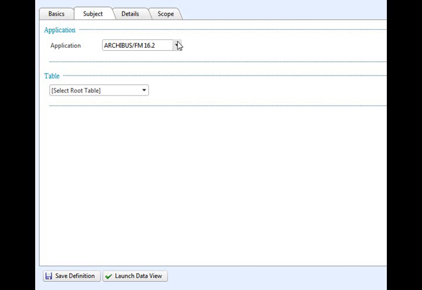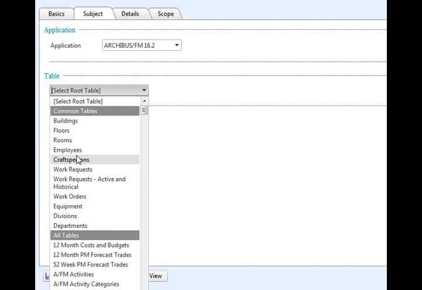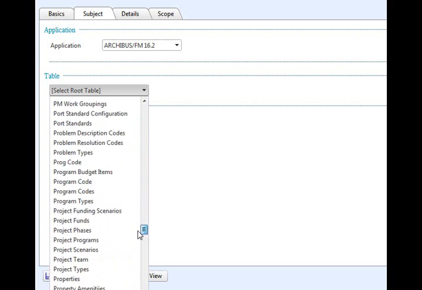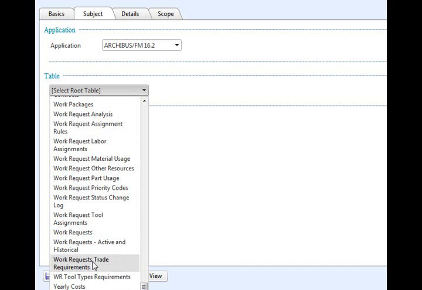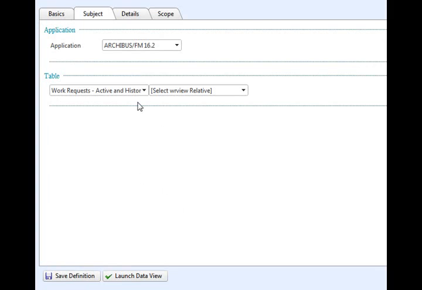On the Subject tab, this is where we're going to find essentially the target. In this case, we're talking about some tables here. When you click the initial drop-down, you'll see that we actually have two different sections. We have some common tables, and then the huge long list of all the tables in the system. Every organization will be able to specify what their common tables are, and that will really simplify the process for people to locate the information that they're trying to display.